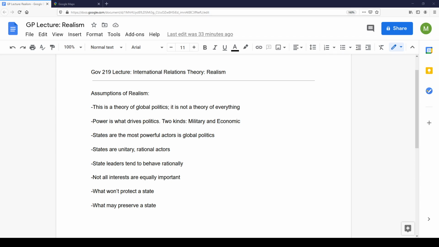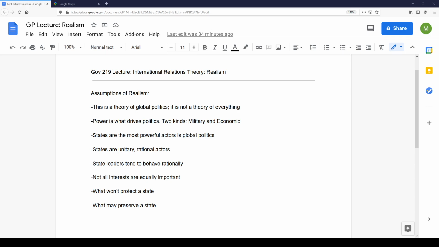and it tries to explain quite a bit of history. I'm talking about, in some cases, hundreds of years. Other times the periods of analysis are a bit smaller, maybe looking at the Cold War, say, rather than a couple hundred years. But they're trying to explain, in broad strokes, what we are seeing at the international level and why. Realists have their reasons, their explanations for why we're seeing what we are. Liberals have theirs, and other theories have theirs. So keep that in mind. As I talk through what realists predict, if you're kind of pinging these down one after the other, and you're like, oh, I can find an exception to that, I can find an exception to that, just relax.